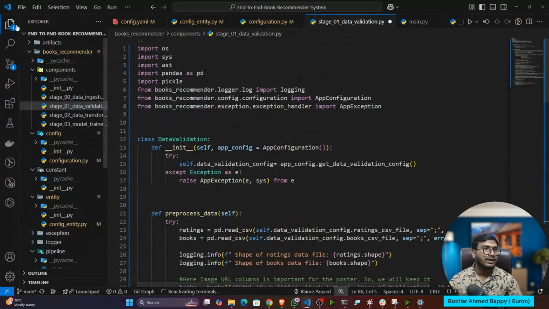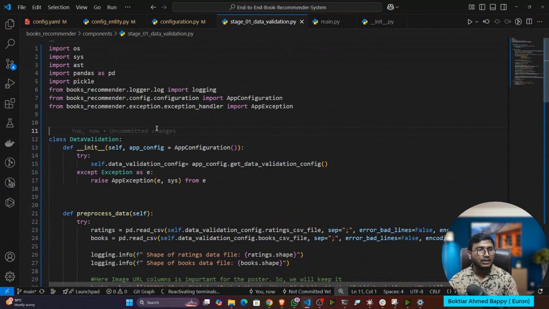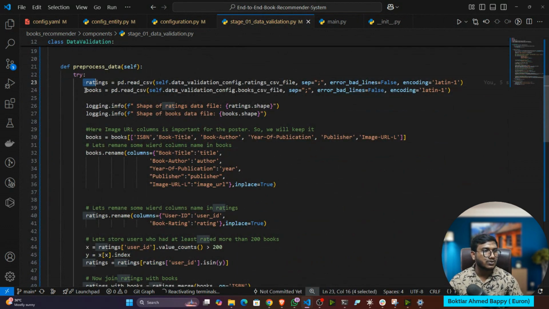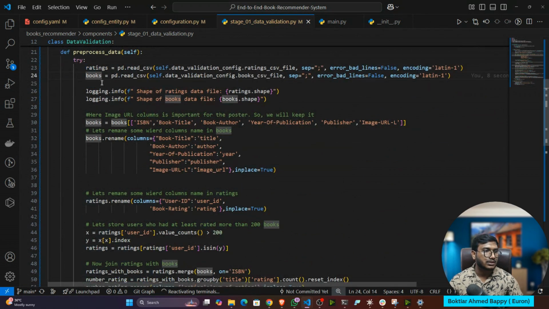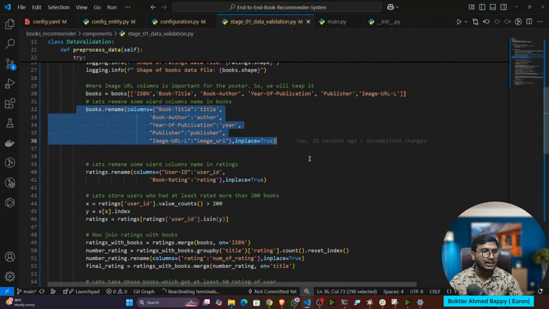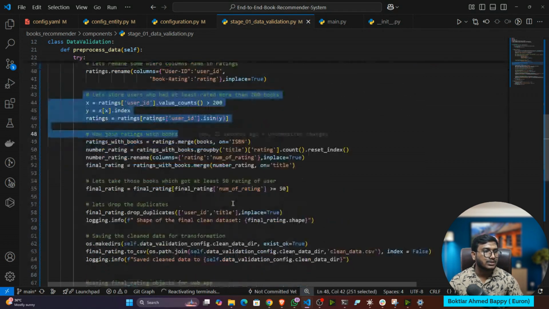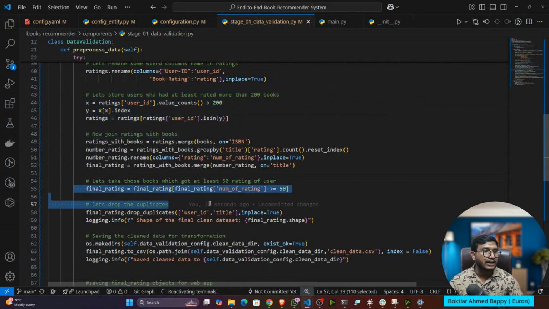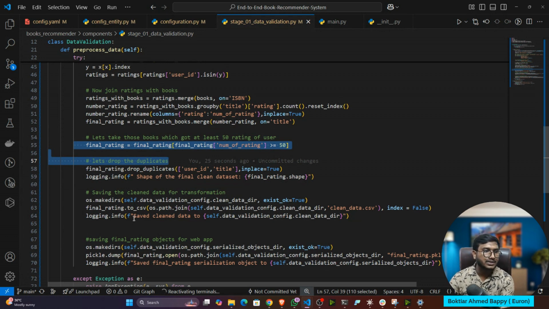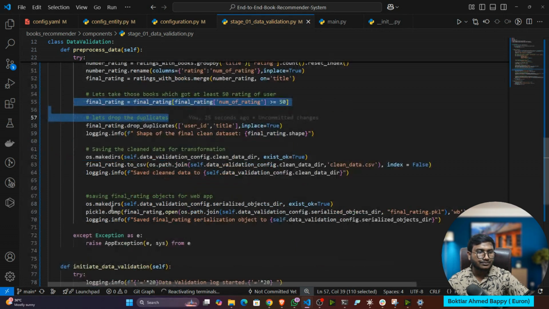Now, those who have understood the notebook, I think you are getting what I am doing. See, first of all, we are loading the ratings and books, these two files. Then we are selecting all the columns, like we are taking the large URL. Then we are renaming the title. Then after that, we are separating out the user ID. Then after that, we are getting the final rating. Do you remember, guys? The same experiment we did in the Jupyter notebook. We dropped the duplicates, yes or no? Yes.